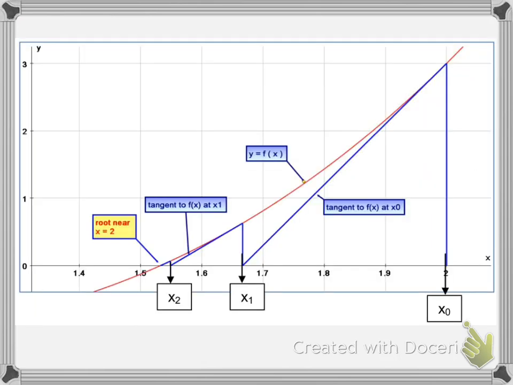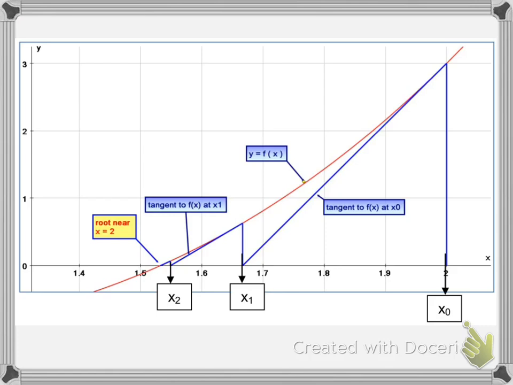So when you've finished with your illustration, make sure that you remember to label the curve with y equals f of x, label your values x0, x1, x2. You may be able to label x3 as well, it depends on how quickly it's converged to the root. And you should label these tangents to make it clear what's in your diagram. You could also label the root that you're trying to find. Make sure as well you label the x-axis and the y-axis. Autograph does actually label these for you, but sometimes people crop their pictures and the x and the y disappear,